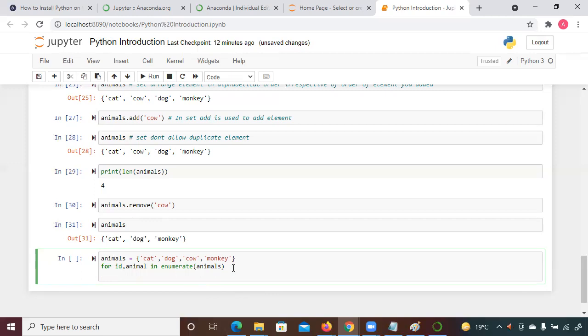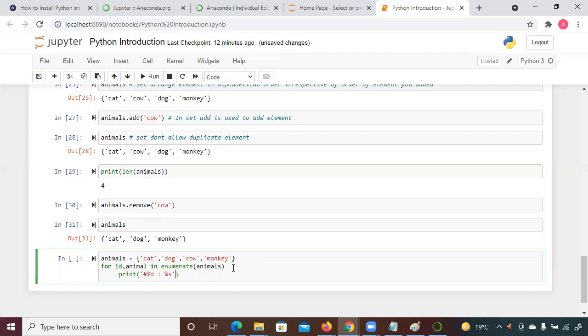So for printing, print, suppose let me take hash %d for the sequence, colon %s for the string that you want to print.